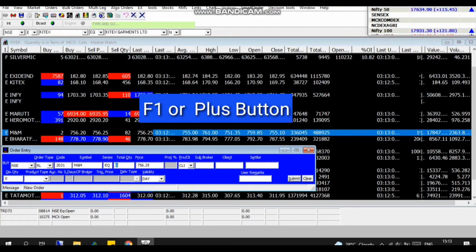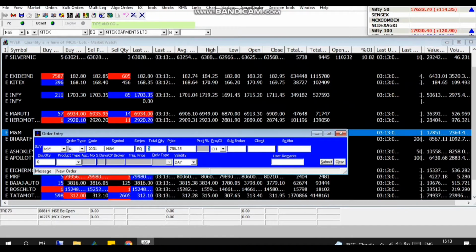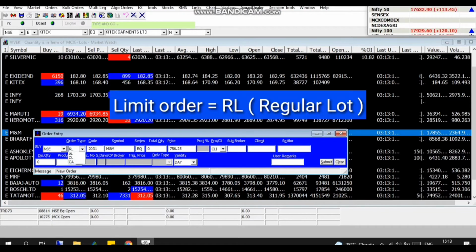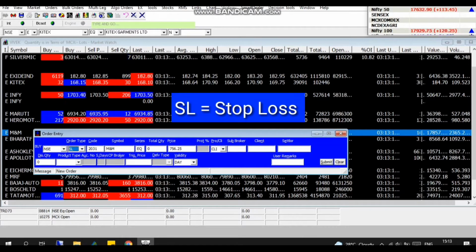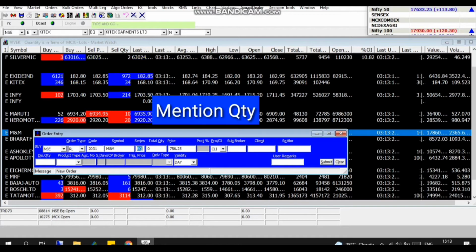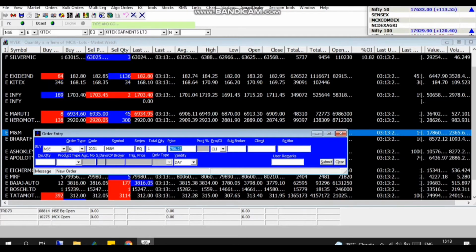Next is buy. F1 or the plus sign on the number pad of your keyboard. You have to select the exchange. You must have selected a script. Just keep on that. The important thing is this one, RL and SL. RL is regular order. SL is for stop loss order. Then mention the quantity, the rate,